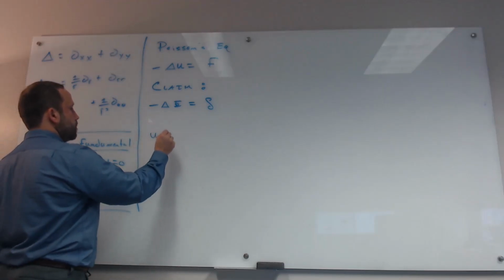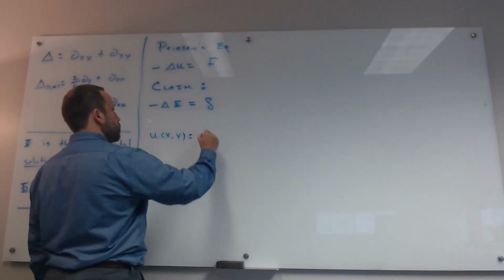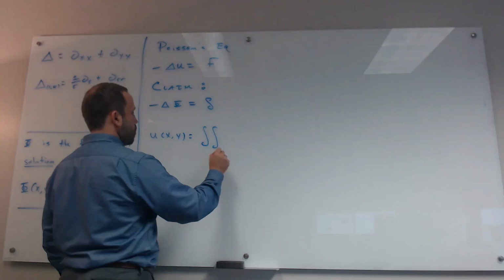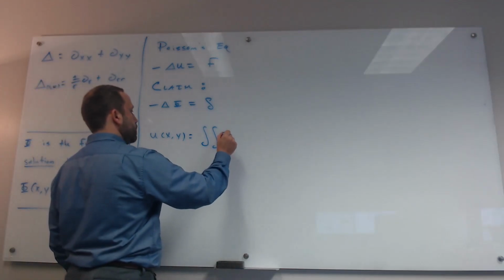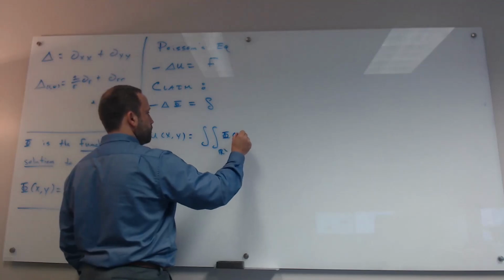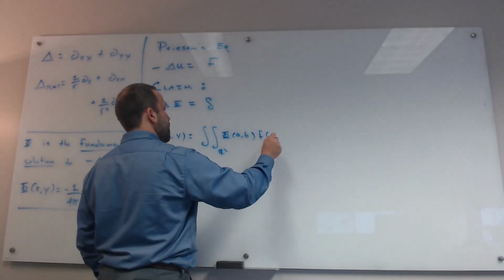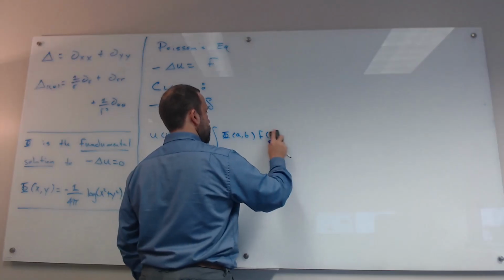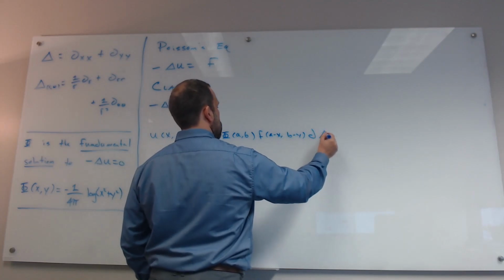If we define u of x, y to be the double integral over the whole plane, so over R2, with my variables of integration I'm going to call a and b, so I've got phi of a, b times f of a minus x, b minus y. Okay, so if I look at this integration,